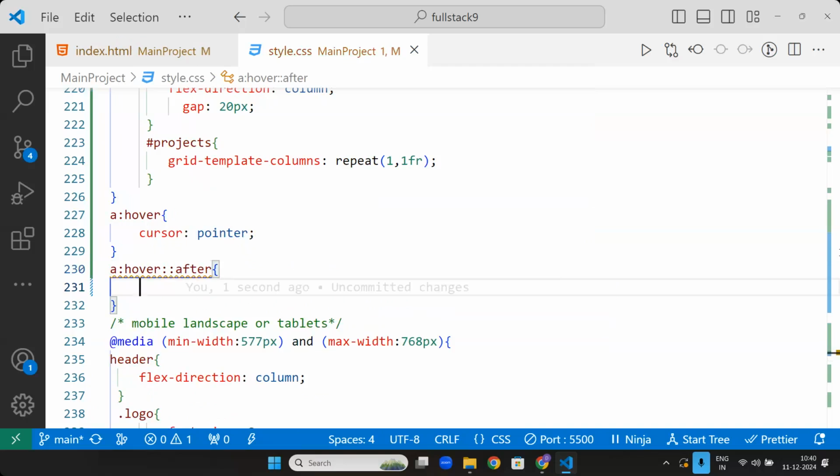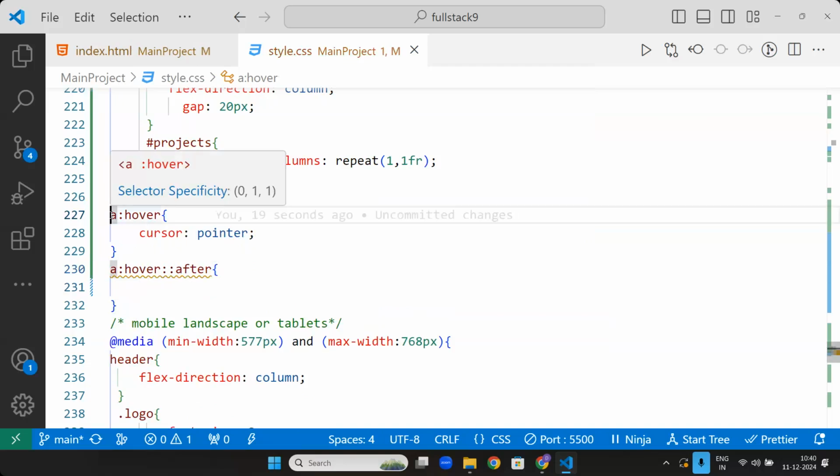Now, what I'm after is some kind of line. Whenever you click on it, whenever you put your mouse on it, I wanted some kind of line. I will say li anchor,